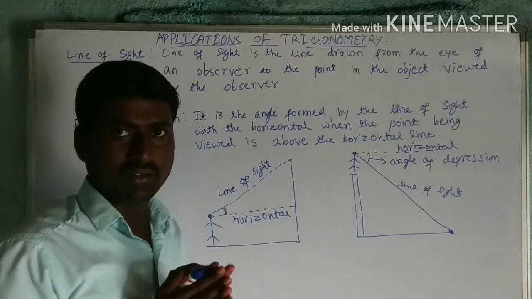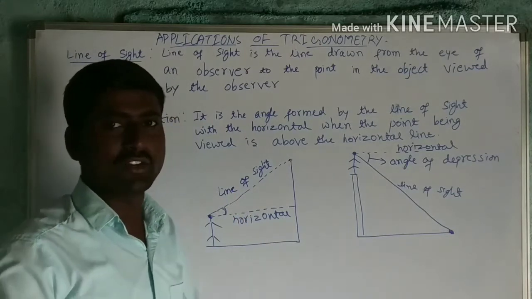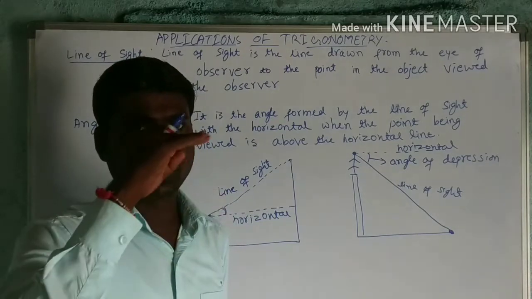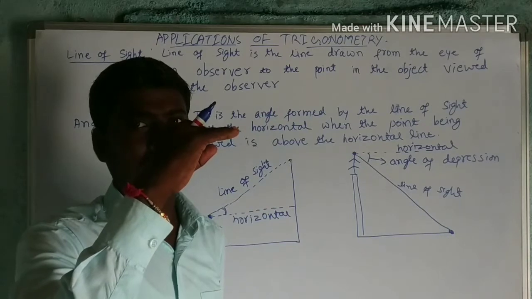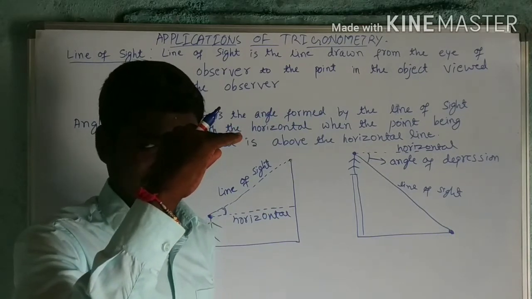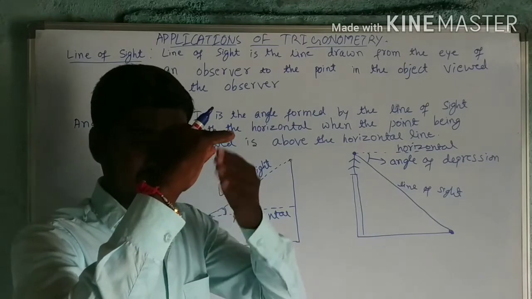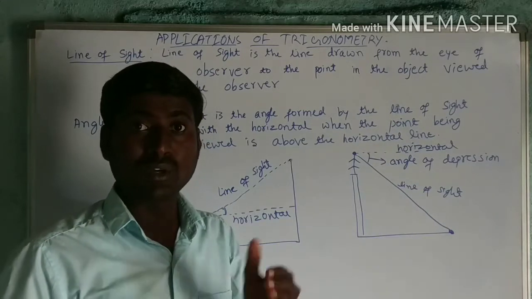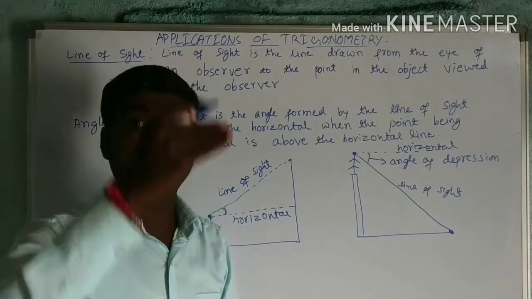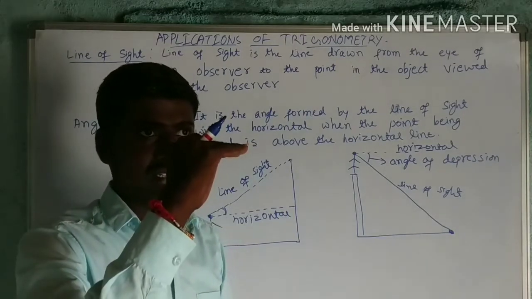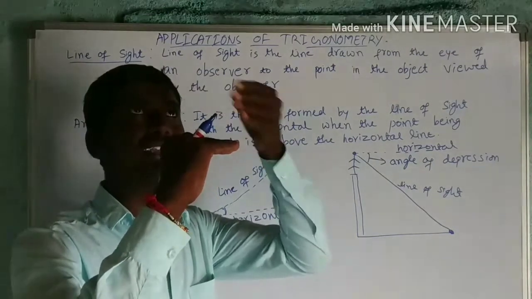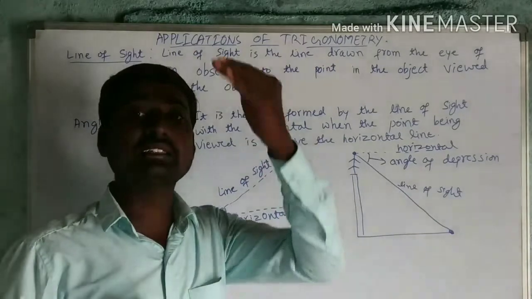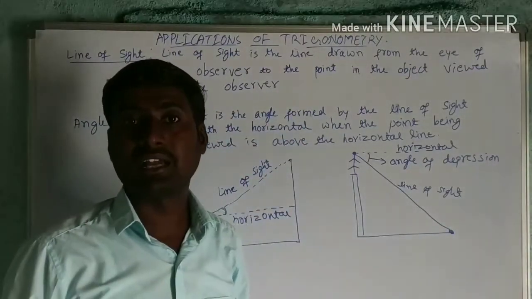Let us take an example of ourselves. If you are standing on the ground, and we are going to observe one stone on the ground, so this is the horizontal line. To see the stone on the ground, you should see downside. So there must be angle of depression. If suppose you are on the ground, you are going to see one big building, the top of the building. So this is the horizontal line. To see this building, you have to turn your head upside. There must be angle of elevation. If you see upside, there is angle of elevation. If you see downside, there must be angle of depression.